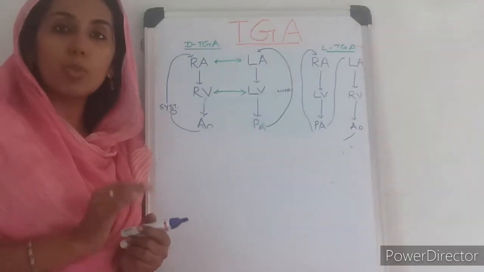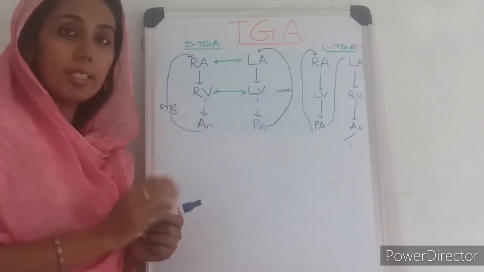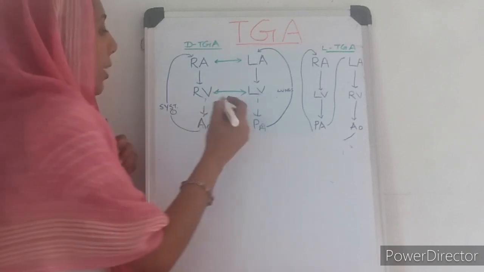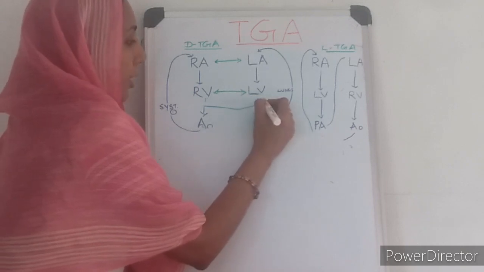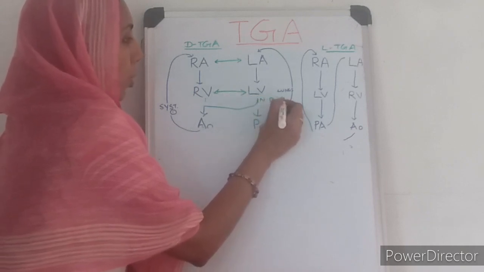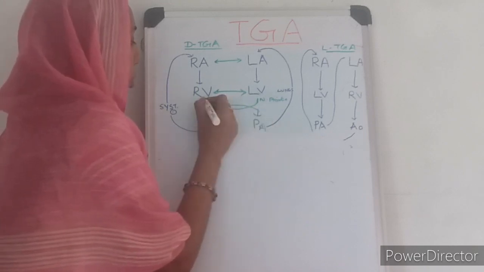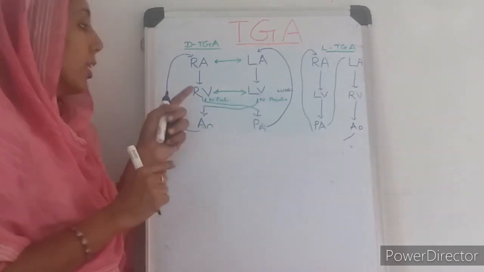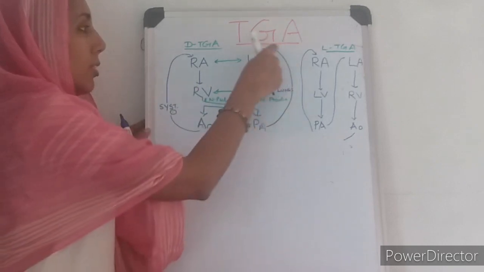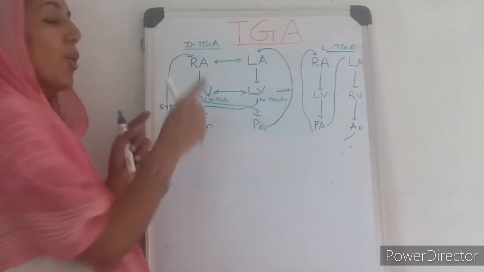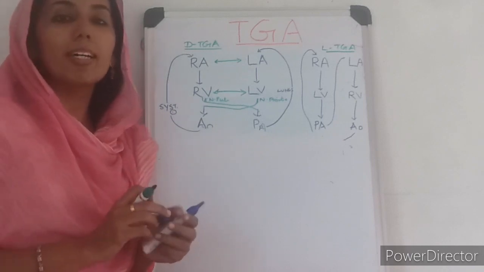So what happens in an arterial switch operation? In an arterial switch operation, the aorta and the pulmonary artery trunk are resected, and the aorta is attached to the proximal part of the pulmonary artery, which is the neo-aortic root. The pulmonary artery is attached to the proximal part of the aorta, that is the neopulmonary root. Now the blood flow will be from right ventricle to pulmonary artery to the lungs, LA to LV to aorta, and the whole thing will be maintained. So there is no mixing of the systemic and the pulmonary circulation.